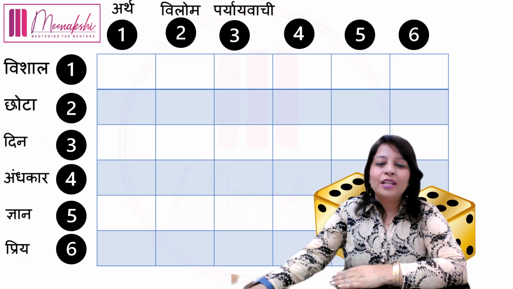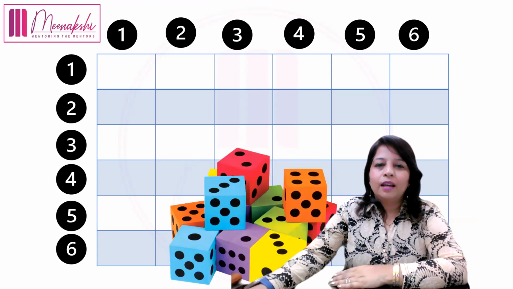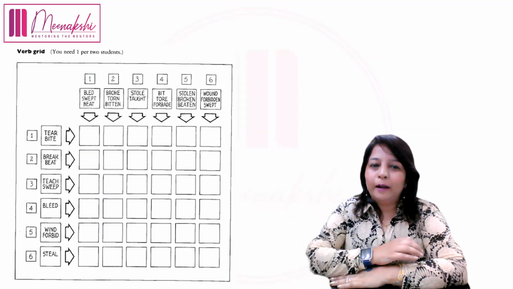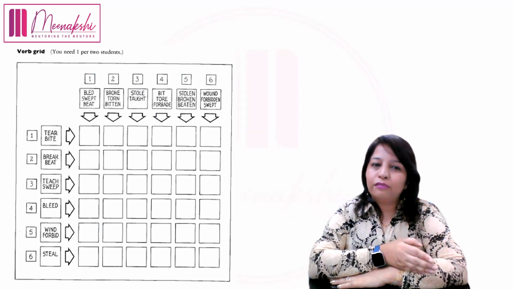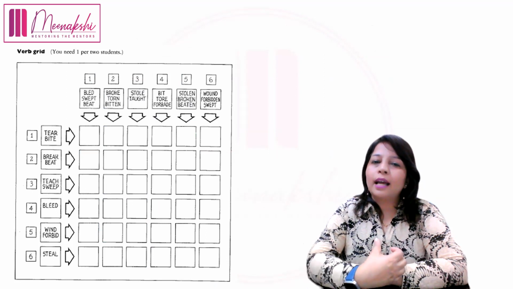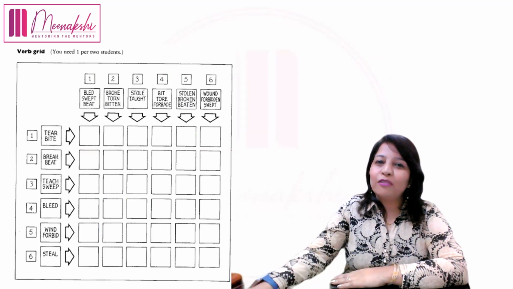ओके, तो आगे देखते हैं और क्या है हमारे पास। ये जो मैंने आपको बोला ग्रिड है, ऐसे आपको यूज करनी है। यू शुड हैव ग्रिड एंड डाइस। और ये एक वर्ब ग्रिड जो मैंने अभी आपको दिखाया, राइट, इसमें जैसे एक तरफ एक एक्सिस के ऊपर बच्चों को कुछ वर्ब्स लिखे हुए हैं, दूसरी साइड पर उसकी डिफरेंट फॉर्म्स लिखी हुई हैं, तो बच्चों को उसका कॉरेस्पॉन्डिंग फॉर्म फाइंड करना है।